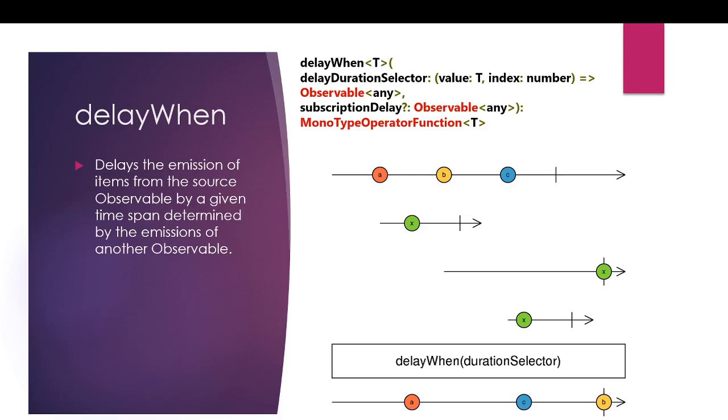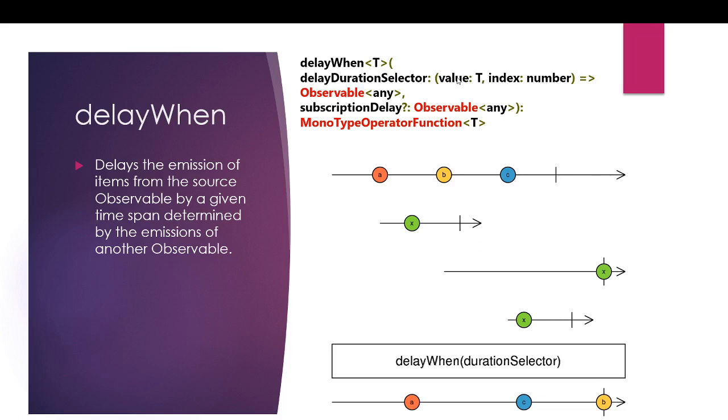Hey guys, in this video we're gonna learn about the delayWhen operator of RxJS. Here delayWhen takes two arguments: delayDurationSelector and subscriptionDelay. The second one, subscriptionDelay, is optional, so it doesn't need to be specified every time. And delayDurationSelector is a function which takes two arguments, value and index, and returns